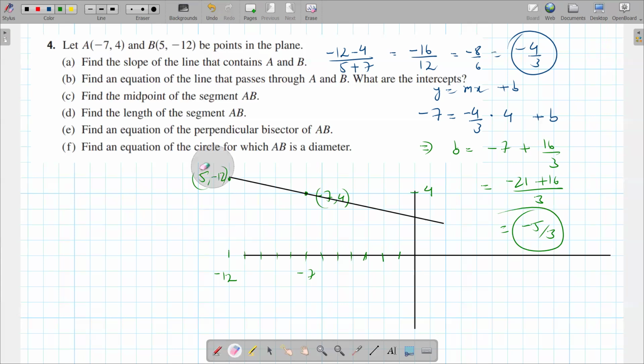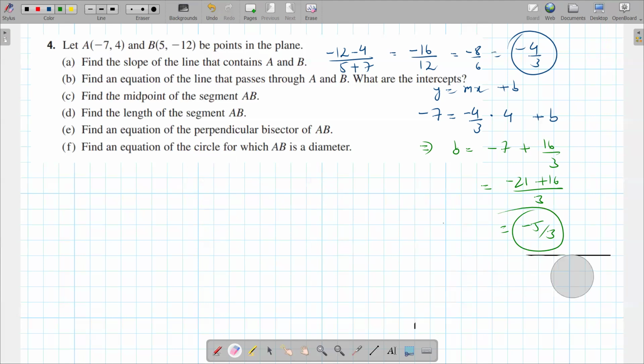So the diagram is somehow wrong. Cool. So the sketch is somehow wrong. We're going to ignore the sketch for a second. So we have the equation of the line. y equals mx plus b. m was -4 over 3, and b was -5 over 3. Cool? Part C says find the midpoint of the